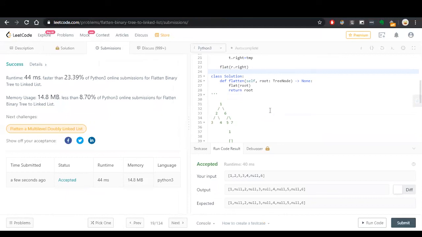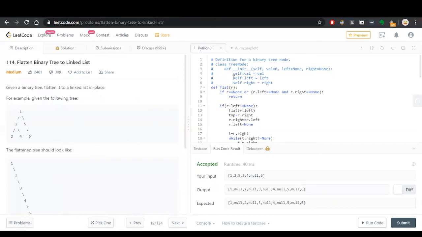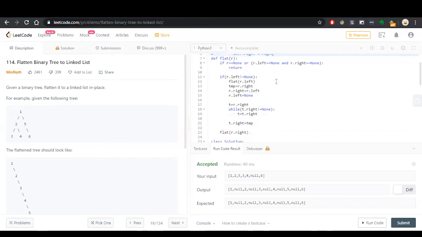So if you haven't got all the things, it's pretty normal because it's not very easy, but not also very difficult. This is the topic where you need to get the intuition of how we can build the recursion, how we are managing the recursion steps. So we are going to the left subtree first, then coming back to the right subtree. After storing the reference of the previous right subtree, we are adding the reference to the current right subtree end. So in this manner, we need to build the recursion.